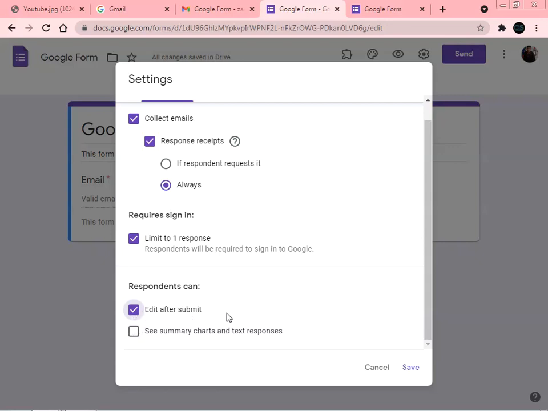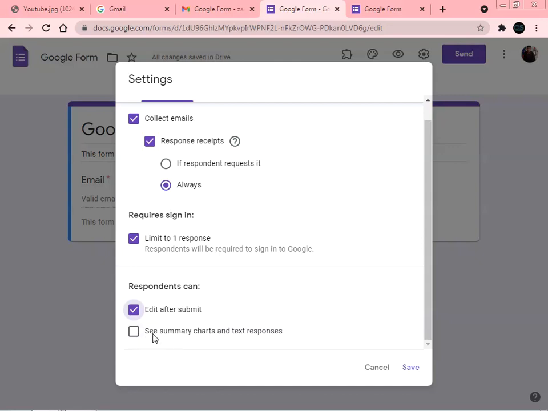This can be done for registration or for accepting invitations, because with an invitation we are just collecting the information about the user: what is his name, what is his mail id, phone number. So we can give the option of edit after submit in the invitation or the registration form.